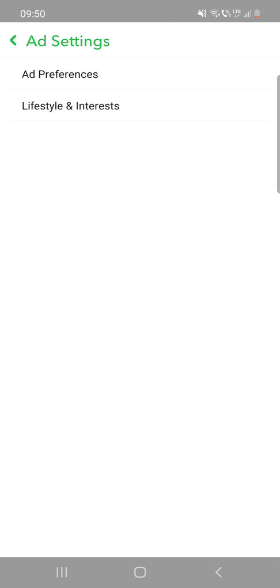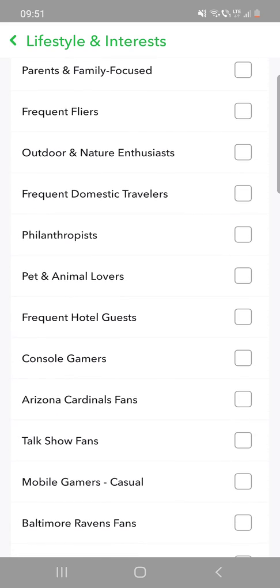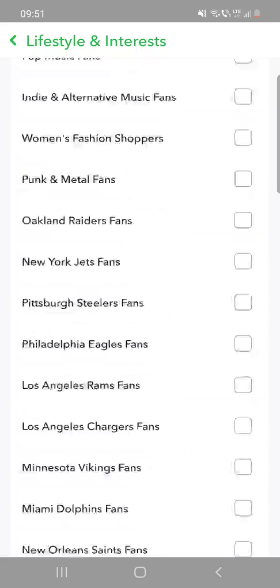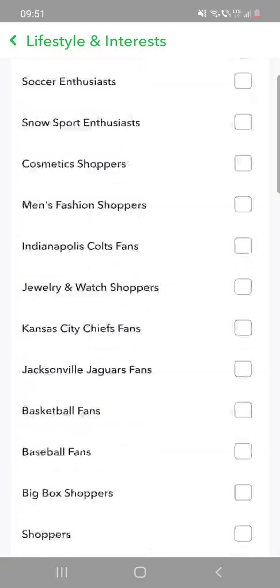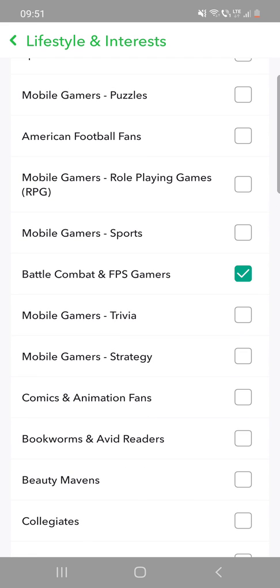Okay, and the other one is the lifestyle and interests. And it says that Snapchat infers your interest to better suggest content to you and personalize your experience. So here is a lot of options like hip hop music fans, rock music fans, business news watchers, world travelers, frequent flyers, philanthropists, and so on and so forth. A lot of them. And you can select those of your interest, and